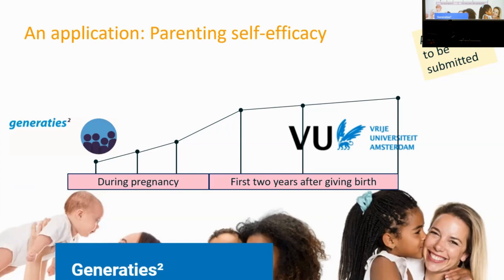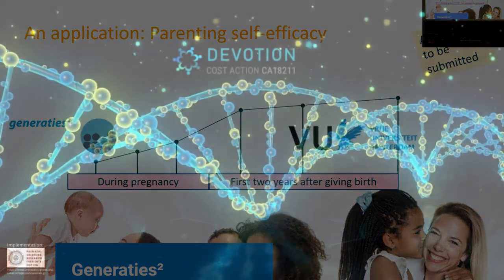And we really wanted to know, well, this observed increase in parenting self-efficacy that we see in the data, is this true? Is this a true change, or is there also some measurement bias? Because you can imagine that when